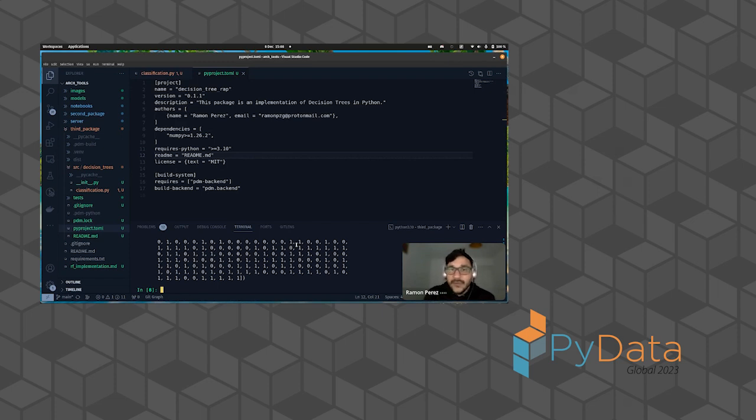And I hope this shows the very base one, the most straightforward one to make a package, and then another one that I find much nicer, PDM. You can try other tools as well. I hope that you find them useful. And actually, I want to do one last thing